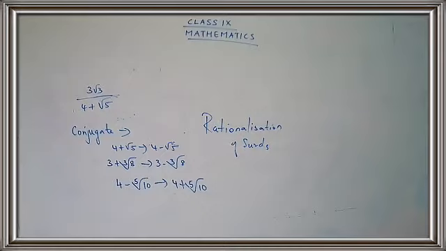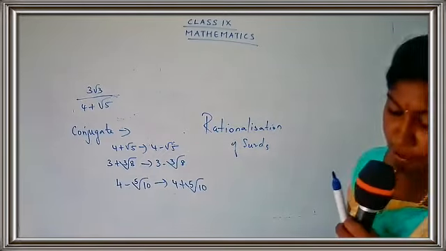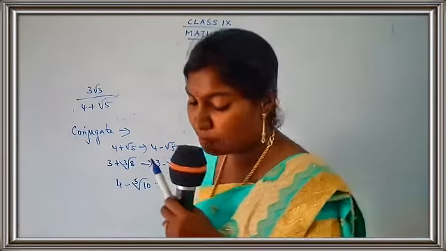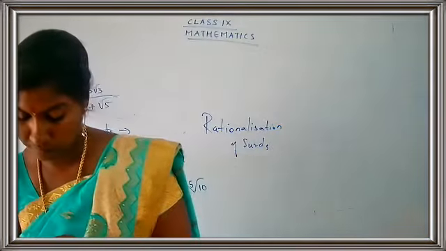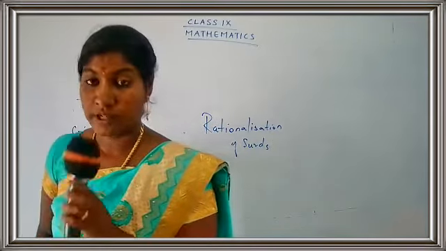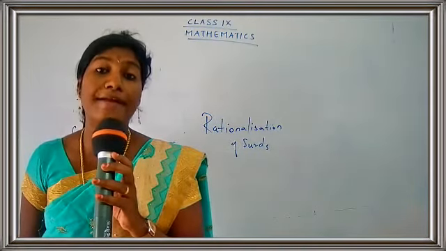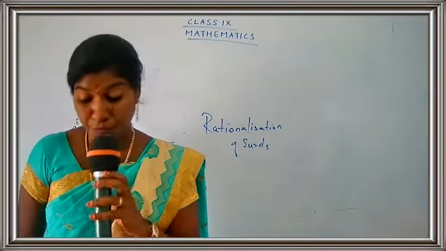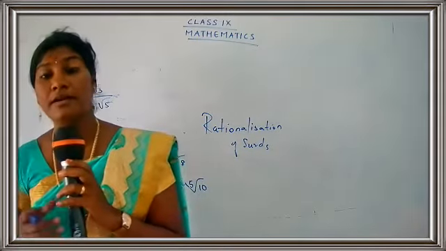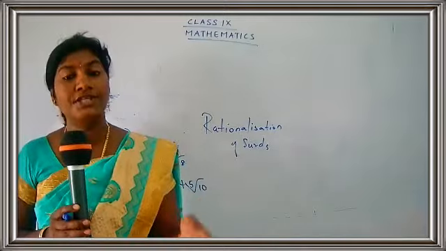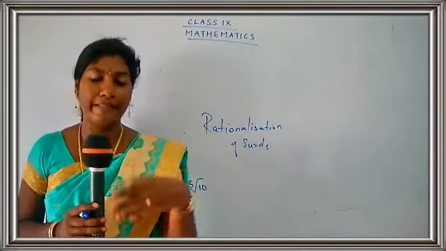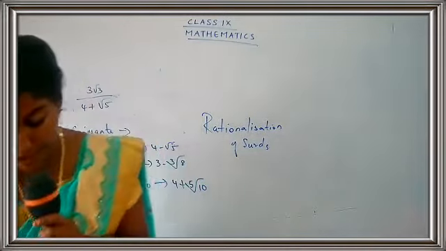Write down the second question. Write the heading over there: rationalize the denominator and simplify. You have to take the first subpart from question number 2. I hope you people are following the instructions carefully. You have to draw a margin and a rough column whenever you start with a new page. Children, have a habit of drawing a margin and a rough column, and then you have to start with the sums.